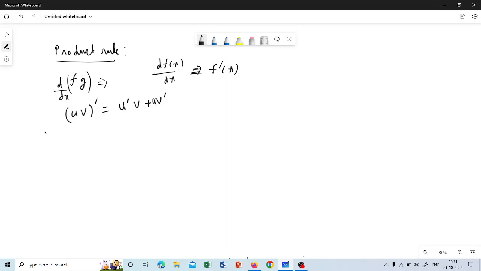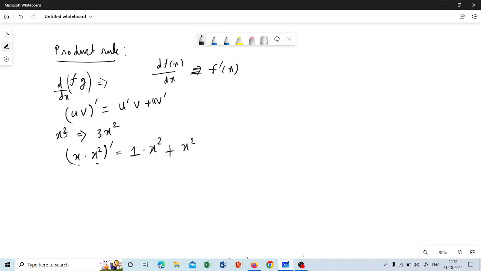Let me explain with a simple example. For example, x cube. The derivative of x cube is nothing but 3 into x square. I can say this directly without using the product rule, but for example, I want to use the product rule. I can write it as x into x square. First I will find the derivative of x, that is nothing but 1. Derivative of x is 1. Then I will multiply by x square, plus